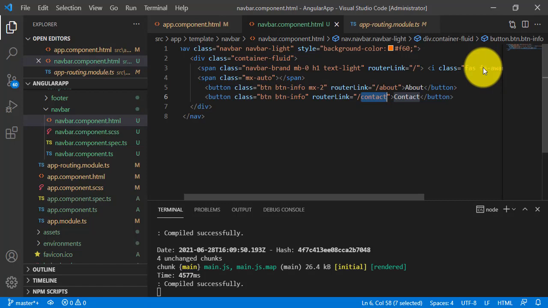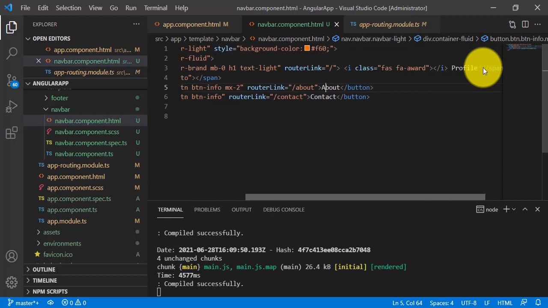We have added the code here for mapping the buttons. So the button names here are nothing but the component names, routed using the router link attribute, that is about component, contact component, and here another one is for the home component, the default component, which I mentioned here with only a slash.